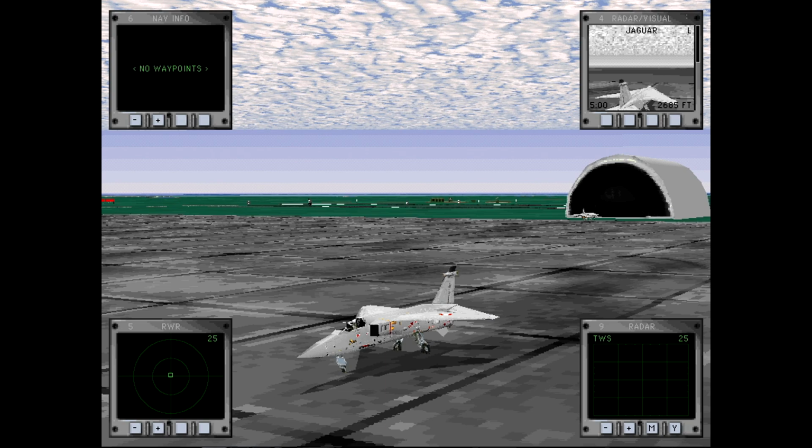The interim GR-3 Jaguar 96 upgrade added a new HUD, new hand controller and stick top, integrated GPS and TERPROM terrain reference navigation systems, and